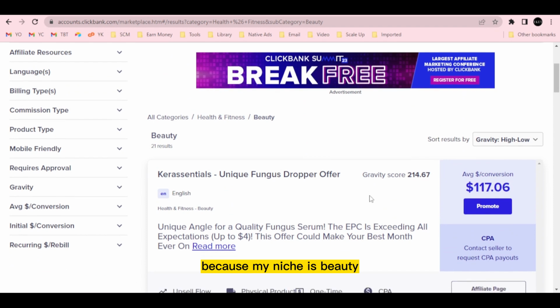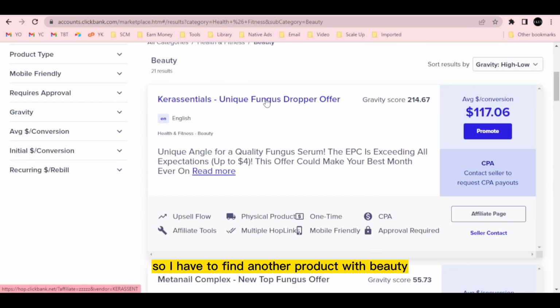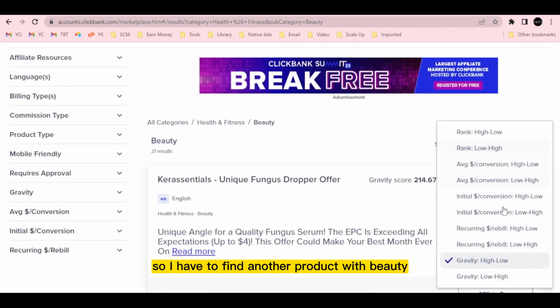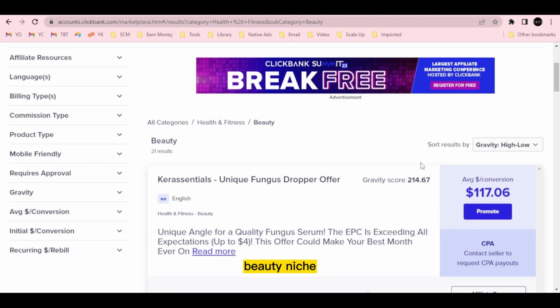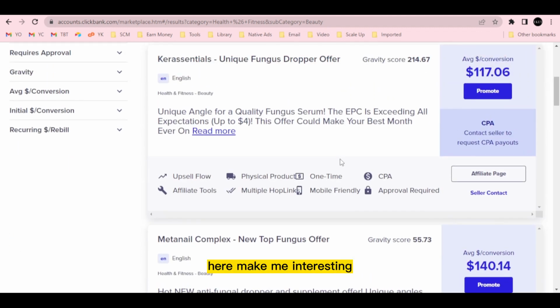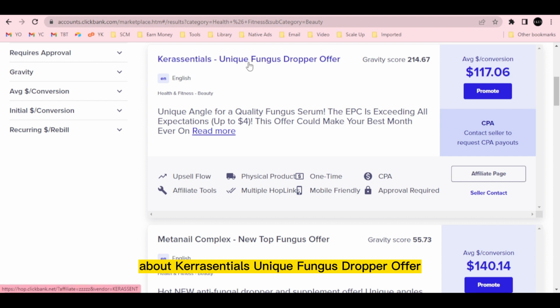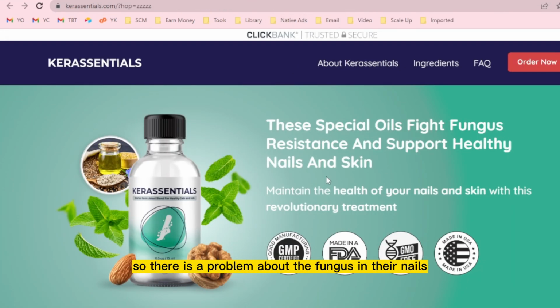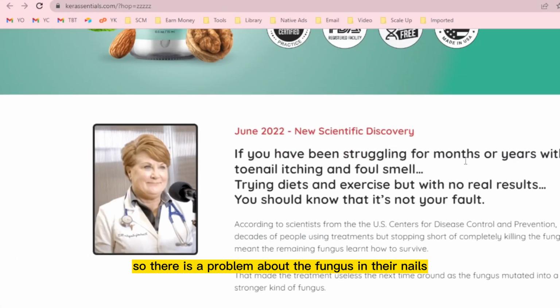Because my niche is beauty, I have to find a product in the beauty niche. This one makes me interested: Essential Unique Fungus Dropper. I think a lot of women use nail polish, so there is a problem with fungus in their nails.